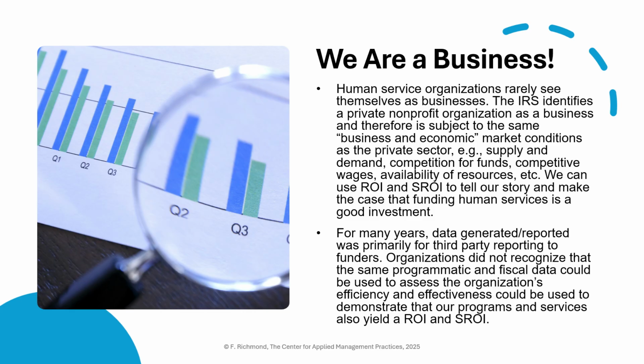We're still fighting the battles, the second bullet, and that is so much of our data collection was to third parties reporting. You give the numbers to the state, the state gives the numbers to the feds. And a lot of times we're not looking at those numbers. For many years, you were rewarded on how many people you served. That was the criteria. Today, it's really how many people improved their lives is what you should be rewarded under. But the compliance was just how many, that's all you reported on, bean counts.